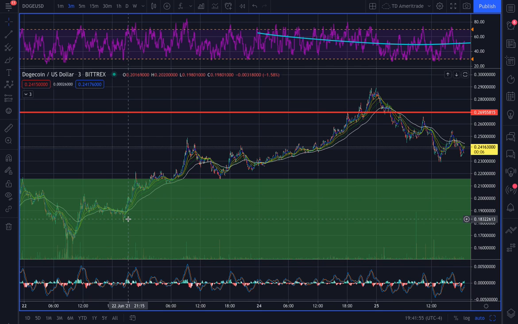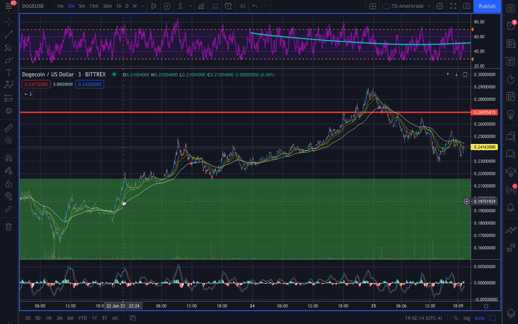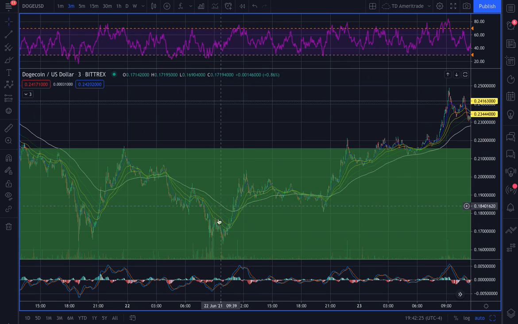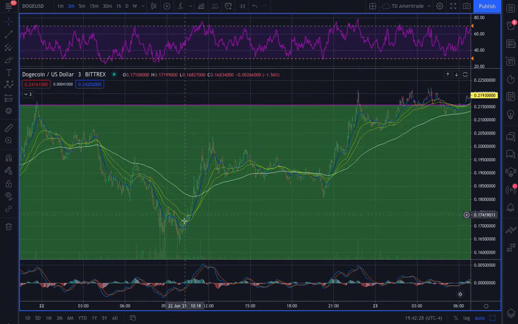Let's see. These look like 3s. I don't see 5 waves in there. I see 1, 2, 3 right there. And right here, 1, 2, 3 right there. And right here is harder to tell, right here. But it doesn't look like a 1, 2, 3, 4, 5 because